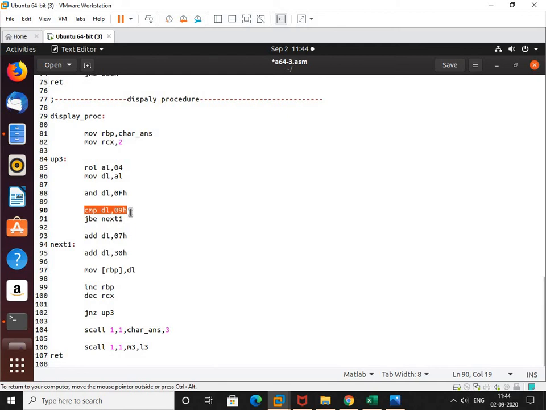In the accept procedure, we took the ASCII hex value, since we were converting ASCII hex to hex, and at that time we took the ASCII hex value of 39H. Now here in display we are converting from hex to ASCII hex, so we will consider 09H and compare it with the single digit we have extracted.